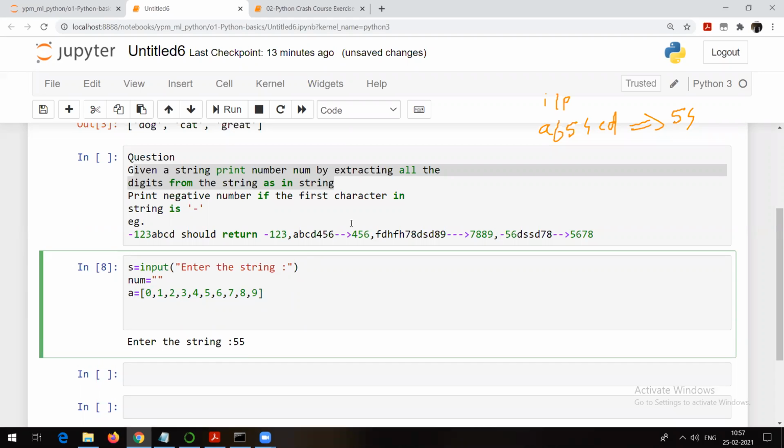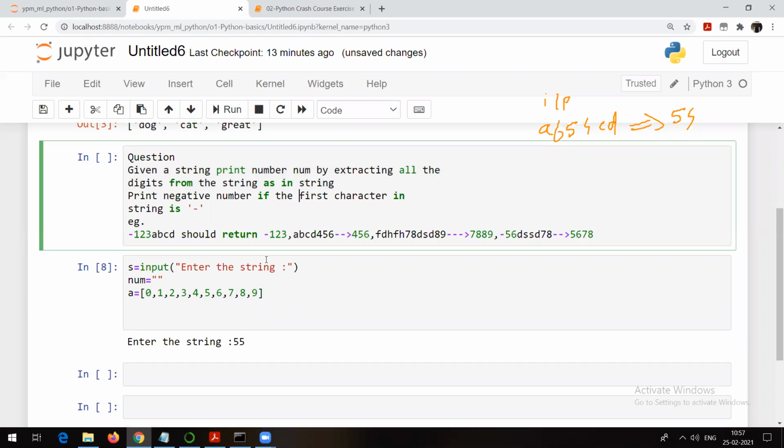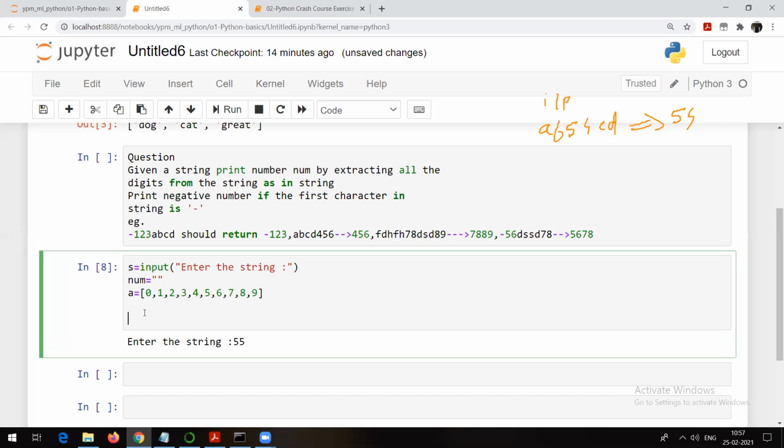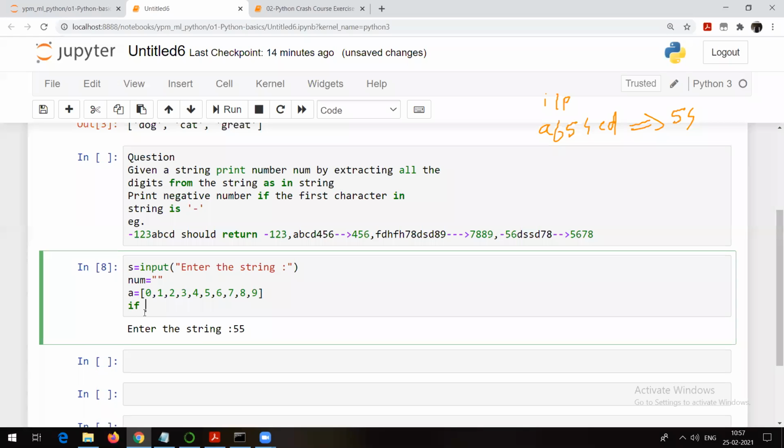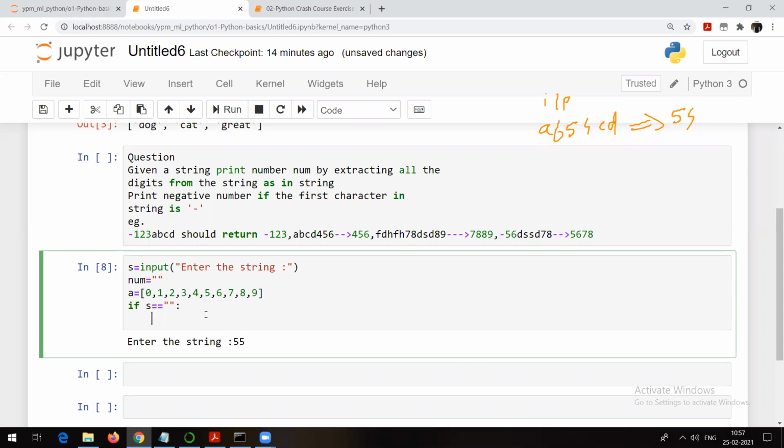After that, what are they saying? They are saying that we need to grab the numbers. So first of all, I will check this S. To check, we have the if statement. First of all, I will check whether this S is equal to an empty string or not. Why am I checking for an empty string? Because the user should enter something, right? If the user is not entering something, we cannot get the output. That's why initially I will check whether the user is entering something or not.